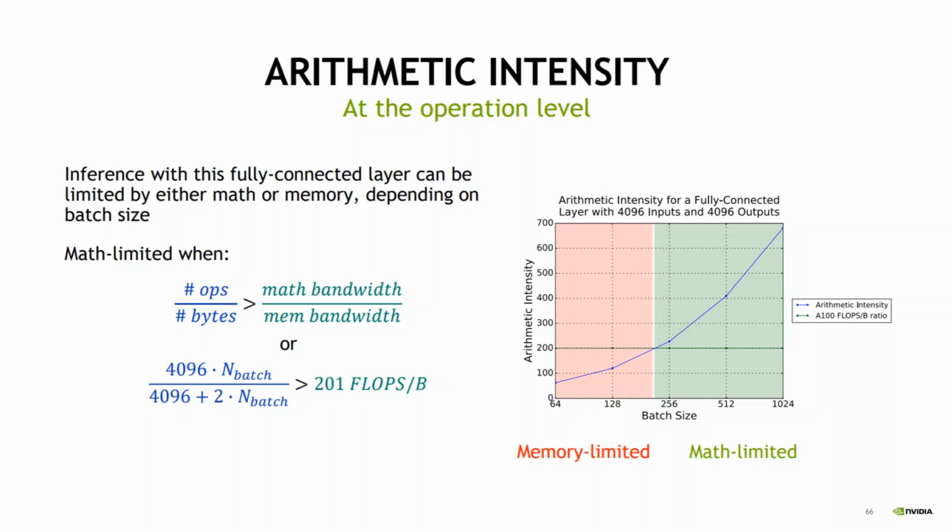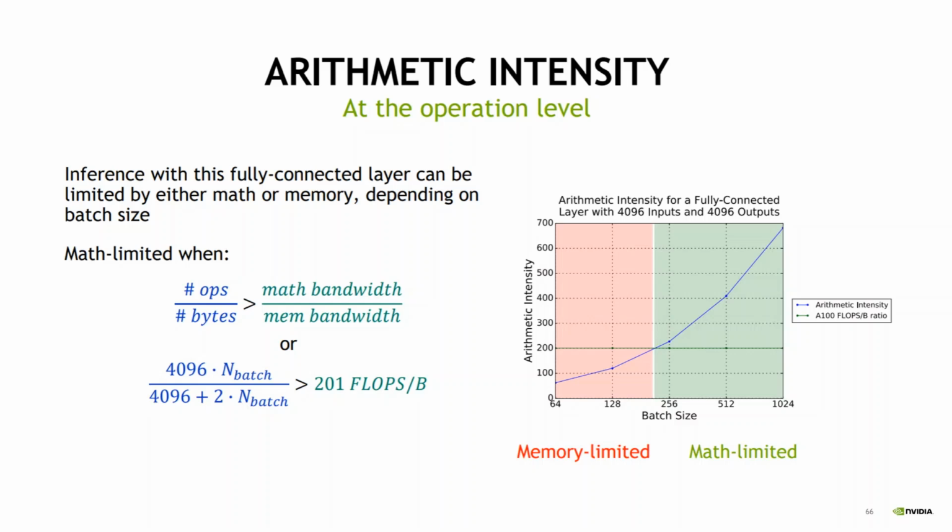Okay, and on the right side of our equation we have 201 flops per byte. We compute this value from constants for our A100 GPU in FP16 mode on TensorCores. So this is the threshold to divide memory limited and math limited operations. And on the left side we have parameters and equation for our layer. And we can vary batch size to